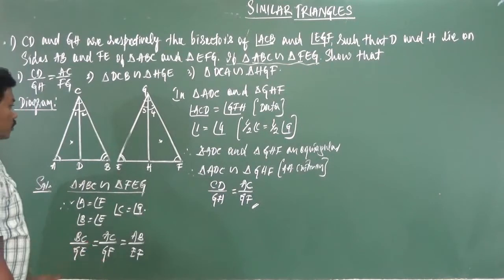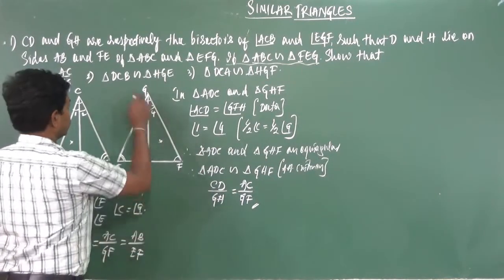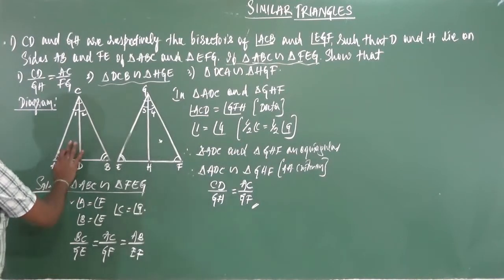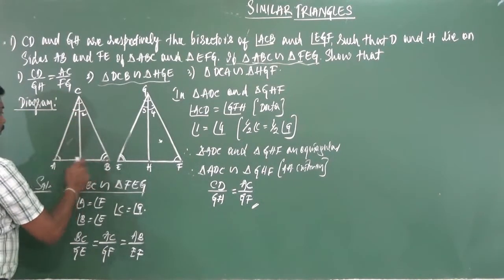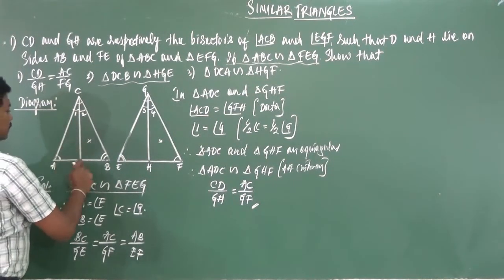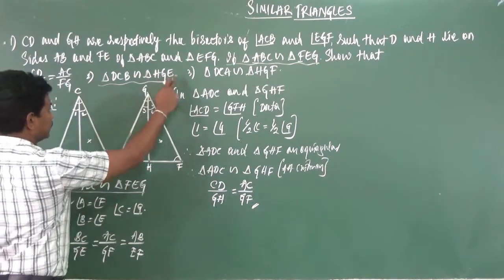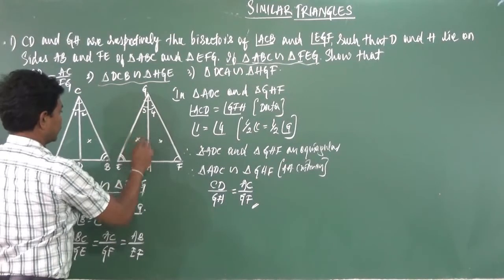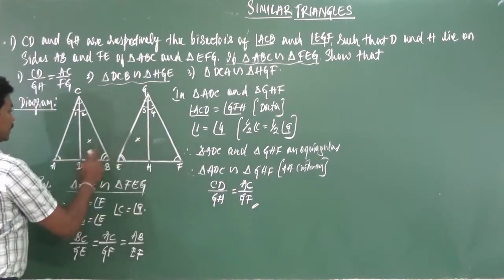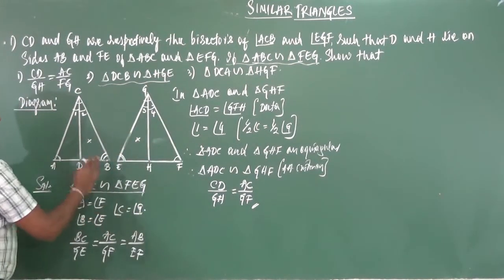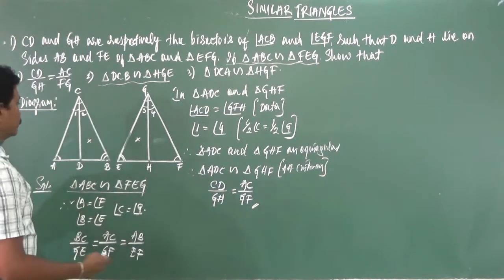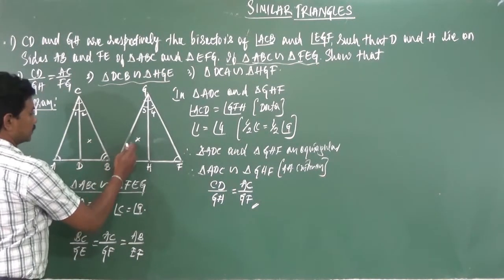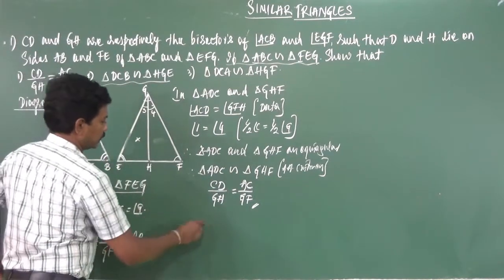So we will now move on to the second part of the problem. That is, we have to prove the triangle DCB. Let us identify triangle DCB. So here triangle DCB is this. So let us mark it. This is triangle DCB and triangle HGE. So we have to select these two triangles and prove that they are similar. So here, in order to prove these two triangles are similar, we will take the proportionality once again.